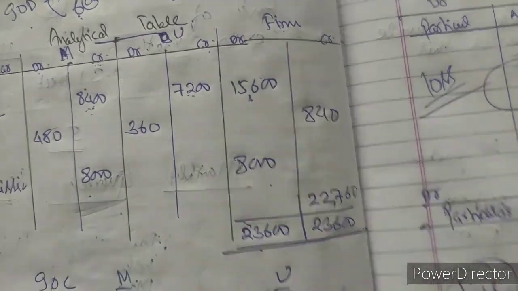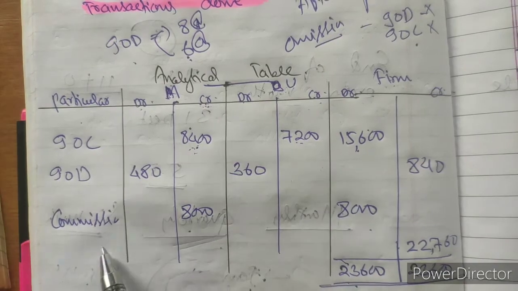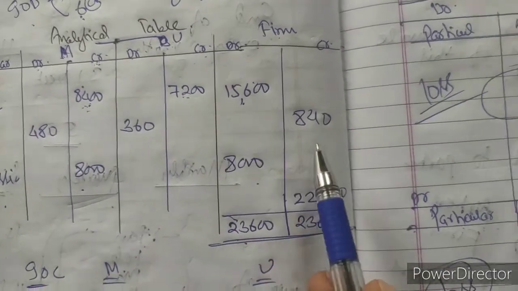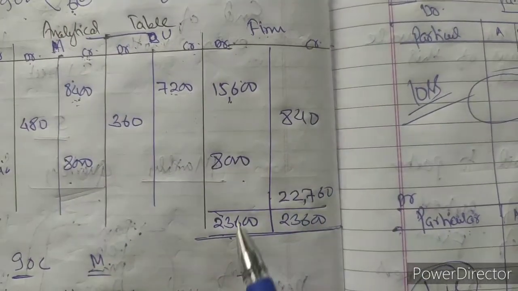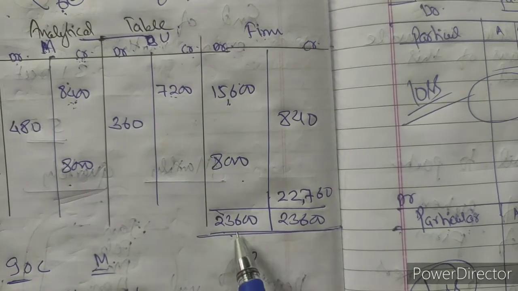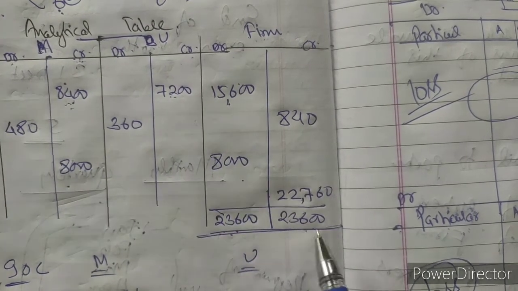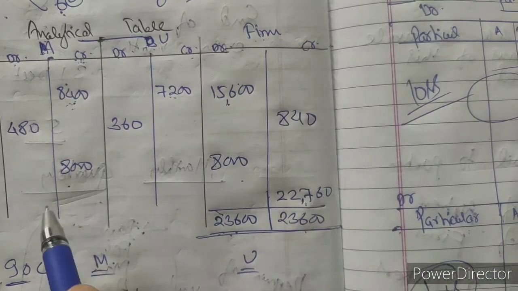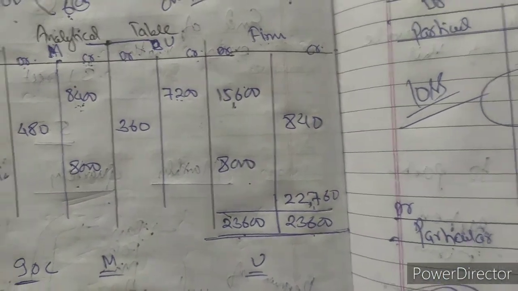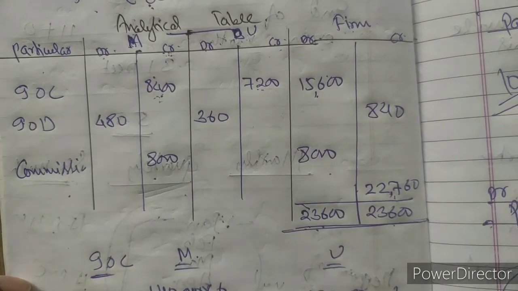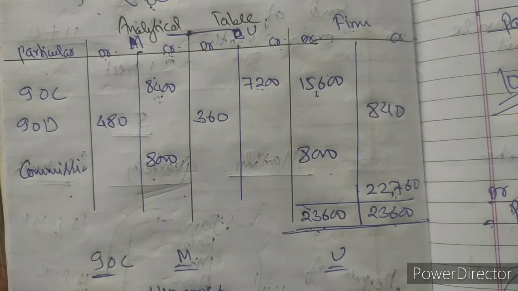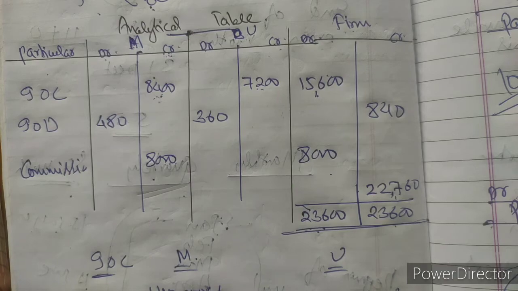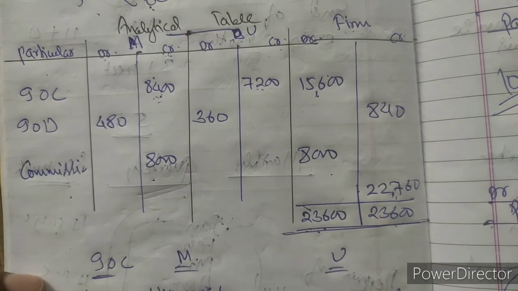Once after passing interest on capital, interest on drawing and commission, all the entries, next step is the calculation of firm's total. Debit side is more, तो debit side का balance we will write in both side. Balance निकल के कहाँ आएगा? बचा balance आएगा क्रेडिट में. अब फर्म के क्रेडिट में, तो पार्टनर के कहाँ जाएगा? डेबिट में, है ना. फर्म का क्रेडिट मतलब पार्टनर के डेबिट. किस रेशियो में जाएगा? पार्टनर्स के ओल्ड रेशियो. और ओल्ड रेशियो क्या था इनके बीच में? 2:3. क्लियर. तो 2:3 में इसको डिवाइड करेंगे.